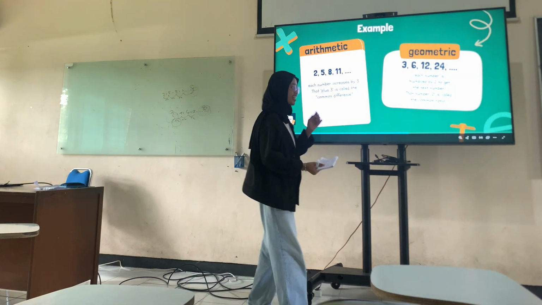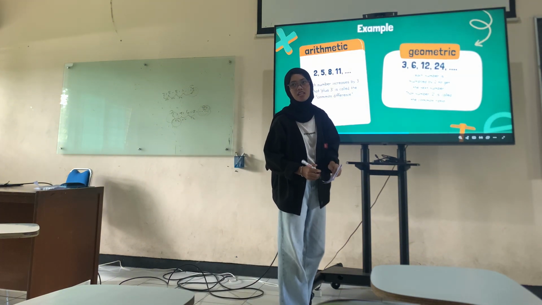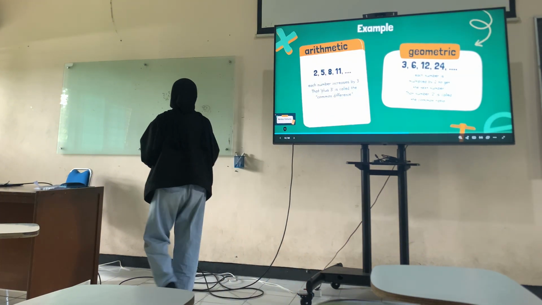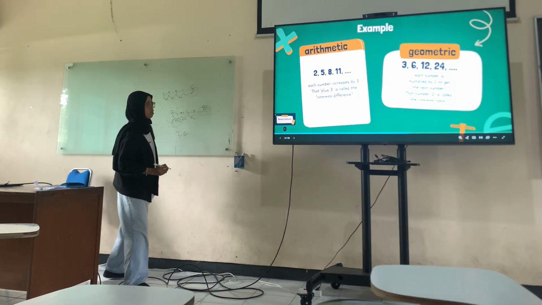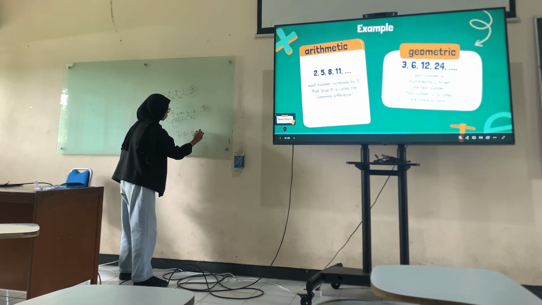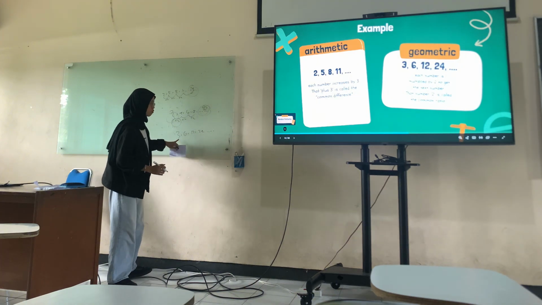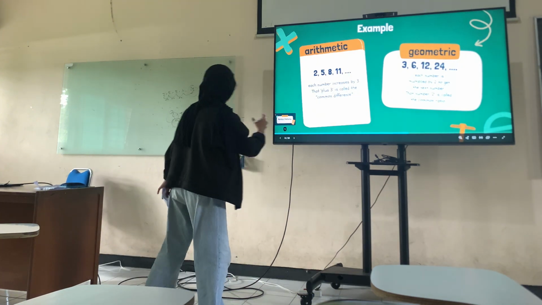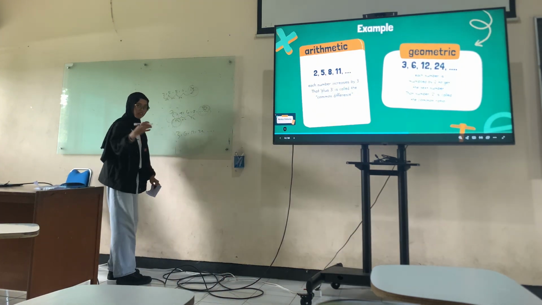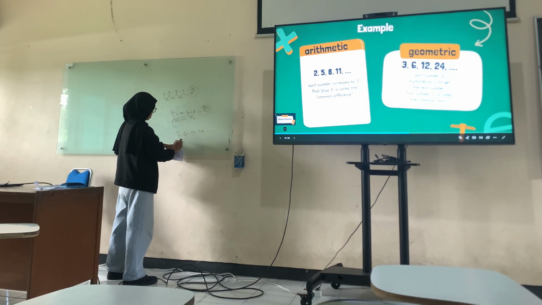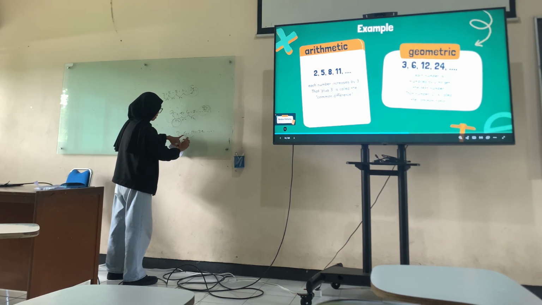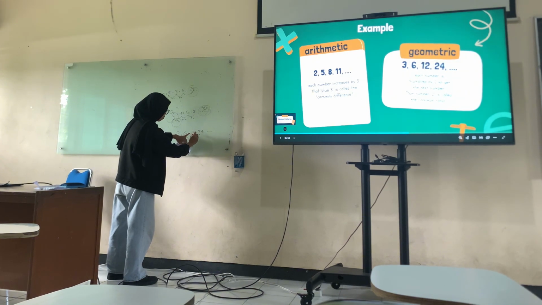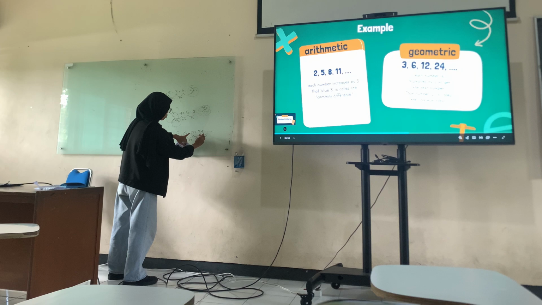Why 48? Because each number is multiplied by 2. Absolutely right. Thank you for answering. So to make it clear, there are 3, 6, 12, 24, and so on. Like the student said, each term here is multiplied by 2. Let's find out if it is right or not. 3 multiplied by 2 is 6, that's right. 6 multiplied by 2 is 12, that's right. 12 multiplied by 2 is 24, that's right. 24 multiplied by 2 is